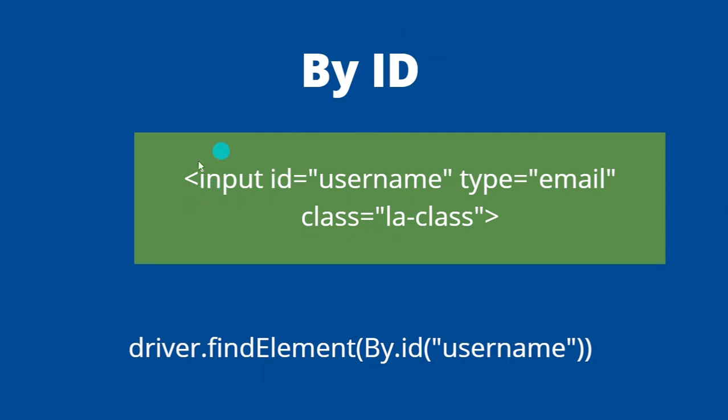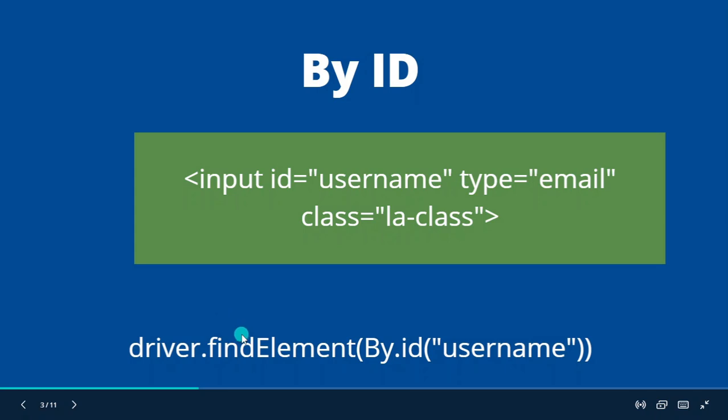Let's say I have an input tag in which the ID value is username. Selenium uses this ID attribute to locate this particular element. We have the findElement method in driver to identify any particular web element. So we will be writing driver.findElement, and here we have to define the locator technique which we are going to use. Here we are discussing By ID. So what we will be writing is By.id, and here we have to define the value of the ID, and our value is username here, and we have to give the same value, username, to find that element.